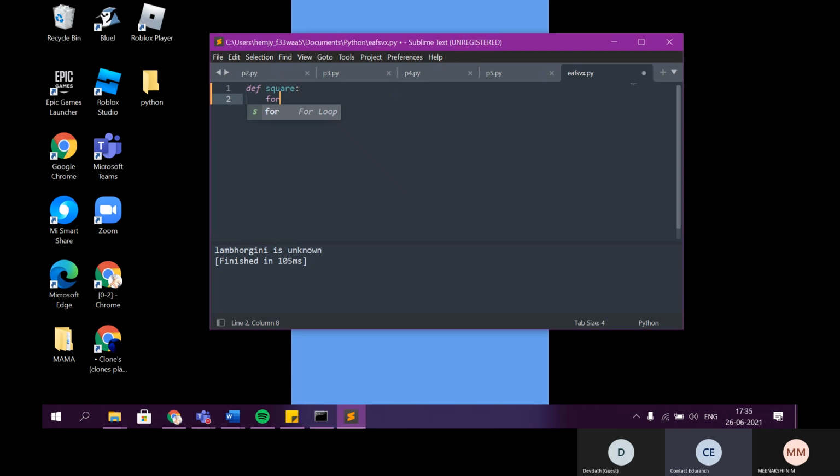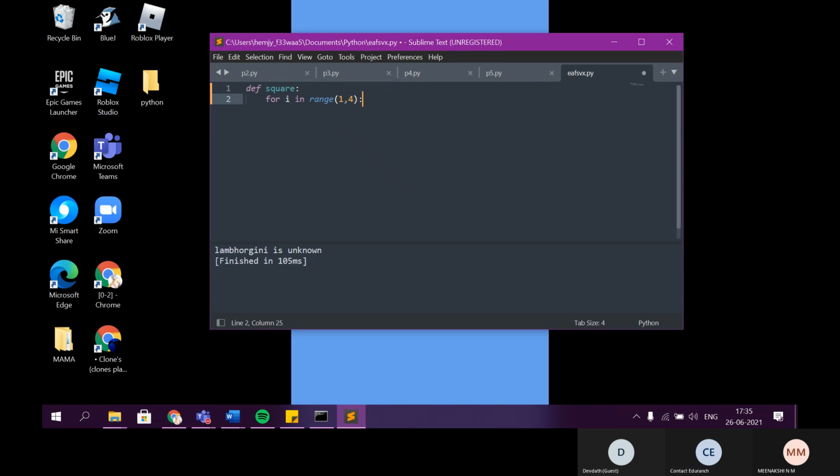Now write a for loop. I in range. How many lines I said? Let's say 4 lines. 1 comma 4. Then colon. You have to terminate. Enter.